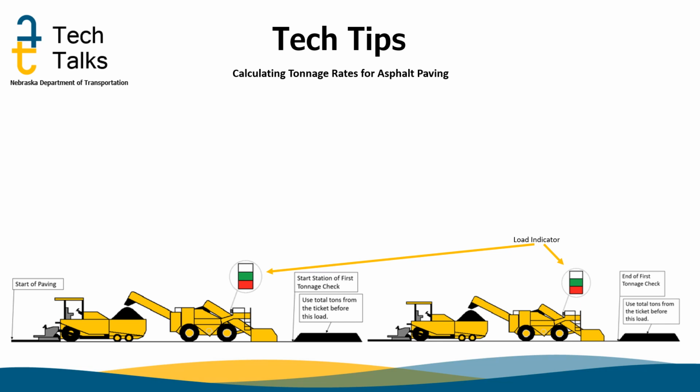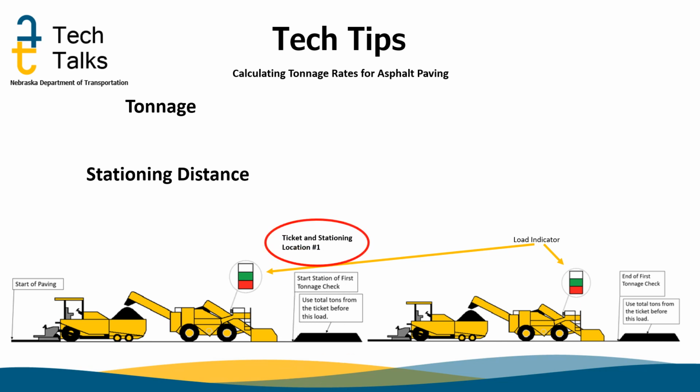The tonnage check needs the tonnage and the station distance to perform the calculation. At location number 1, we would need the cumulative tonnage from the ticket and the station. At location number 2, we would also need the cumulative tonnage from the ticket and that stationing. For the tonnage, we would take the cumulative tonnage from location number 2 minus the cumulative tonnage from location number